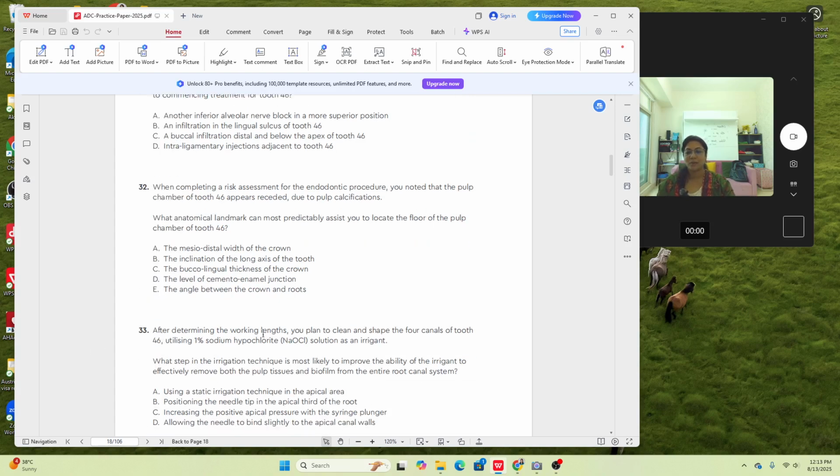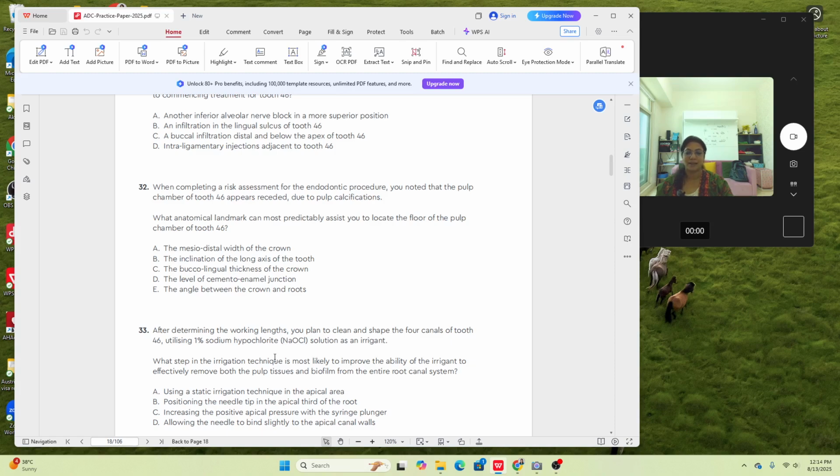After determining the working lengths, you plan to clean and shape the 4 canals of the tooth forceps utilizing 1% sodium hypochlorite solution as an irrigant. What step in the irrigation technique is the most likely? Which means all the options are correct. I have to choose the most likely. They're adjectives. ADC loves adjectives. They give you all the options which are correct, and now they want you to choose the